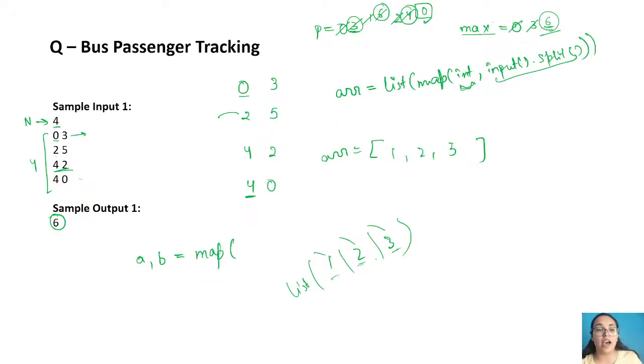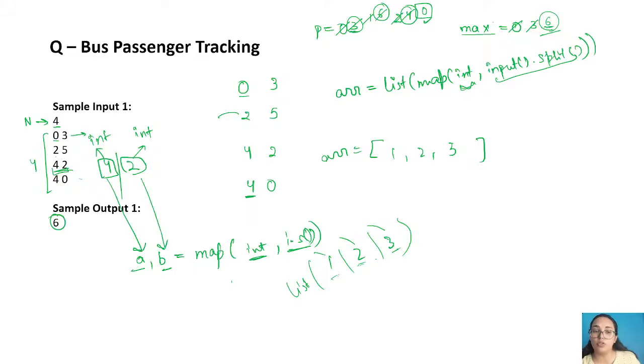It is going to split your input. So if 4 and 2 is the input, it is going to be split. Okay, so I'm just writing it in a short form, that you have input dot split, right? And here you have mentioned your int, right? So in input dot split, it is going to be split into two different entities, and now both the entities should be in int, so you mapped them with int data type. Once you have mapped them with int data type, now they are the two numbers, that is 4 and 2, and because you have defined two variables over here, a is going to store 4, and b is going to store 2. Okay, so this is how it is working.